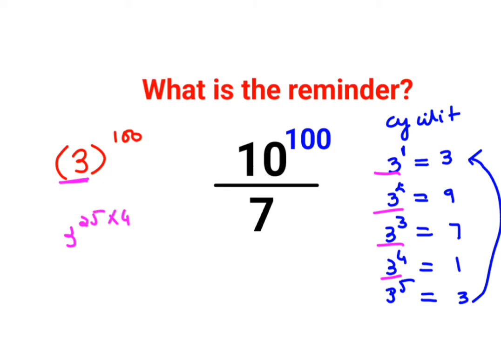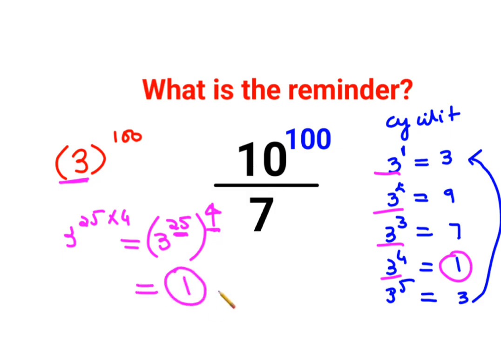So here now the entire question has changed. So now you can write this as nothing but 3 raised to 25, the whole raised to 4. See, now you don't have to worry about this 25. If everything is raised to 4, you just remember what the last digit is when it is 3 raised to 4. So here the answer comes out to be 1. The remainder for this question comes out to be 1.